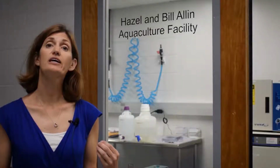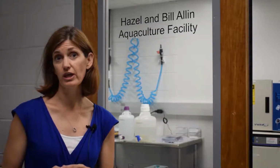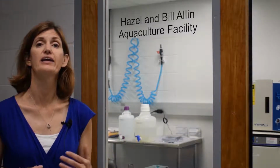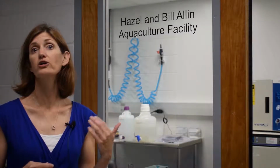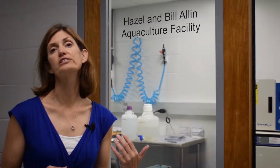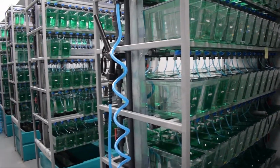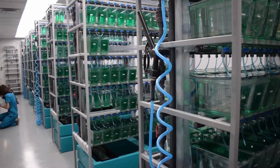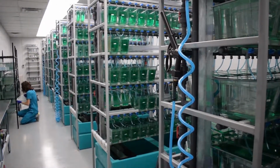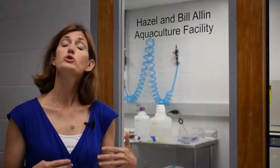So this facility is essentially a fully automated recirculating system. And what I mean by that is there is water flowing through all parts of the system at all times. So when we enter the housing facility, one of the things you'll see is that we have hundreds of tanks housing about 10 to 12 zebrafish per tank. Those tanks are all receiving water continuously, and water's flowing out of them continuously. So we actually create a current in our tanks, like what you would find in the rivers where these animals